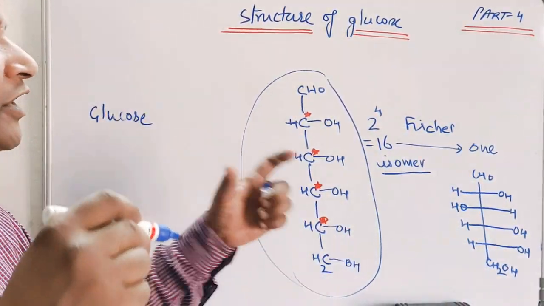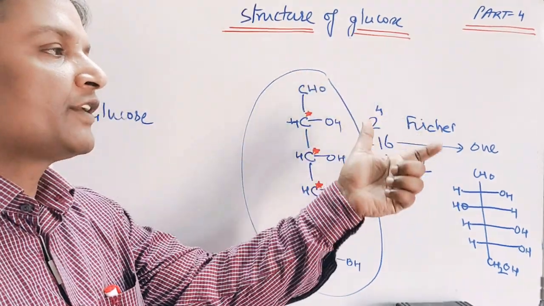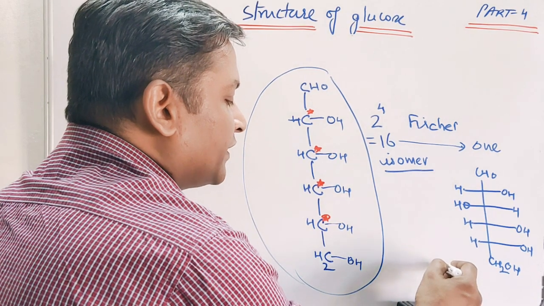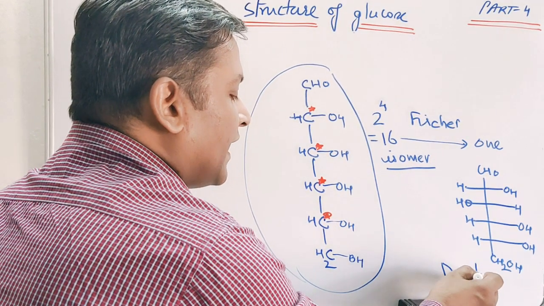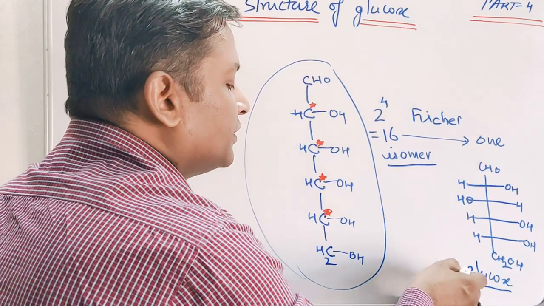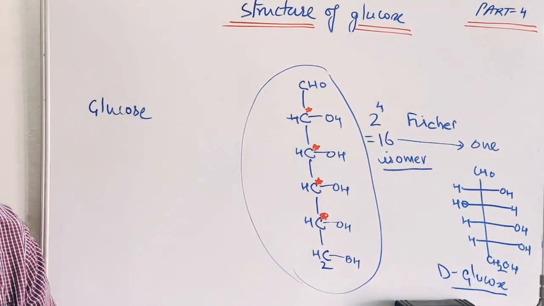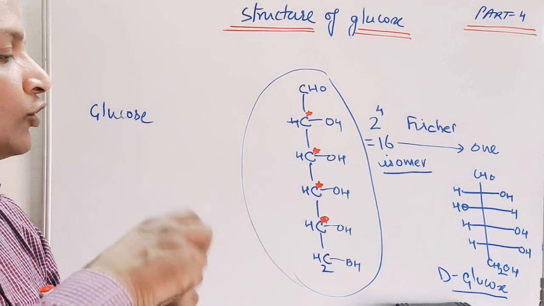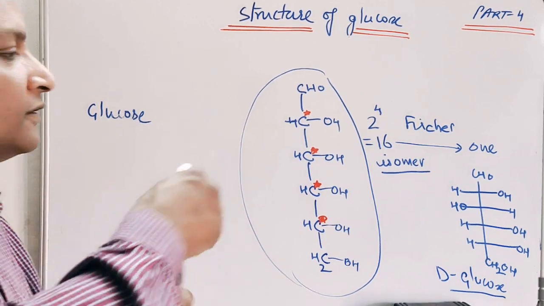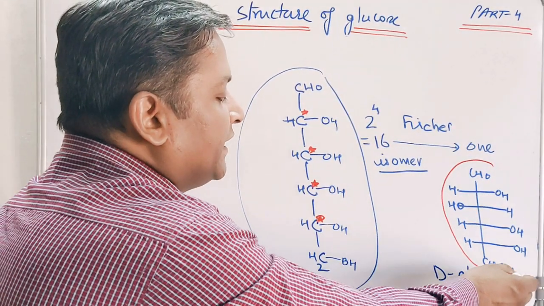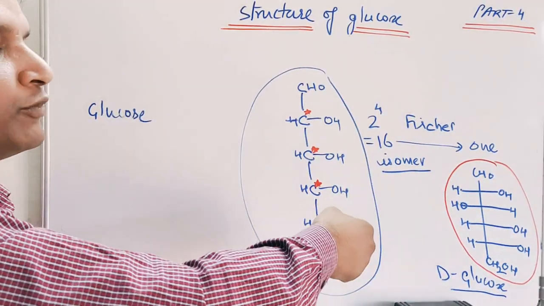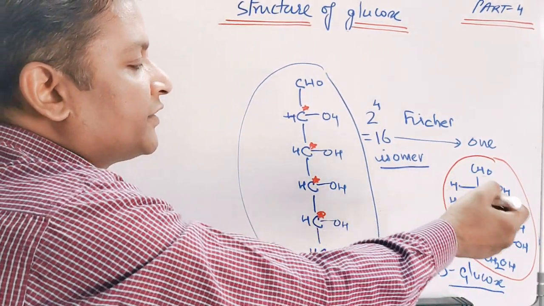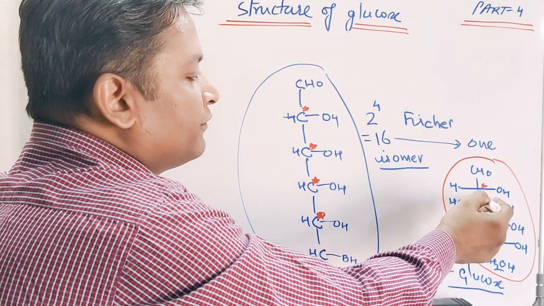But before that, I am just explaining that out of 16, 15 are different configurations and one is glucose. So this is the glucose containing OH on the right hand side, so it is called D-glucose. And this structure of glucose was determined by Fischer, and for this work he was also awarded the Nobel Prize for his work in glucose chemistry. This is the structure of glucose which was finally determined through experimental observation and through Fischer's efforts. The structure of glucose was found to be this, and as we can see here, it again contains 4 chiral centers.